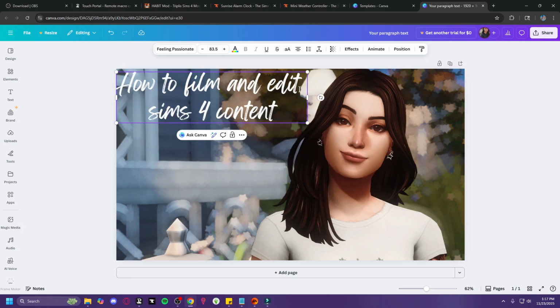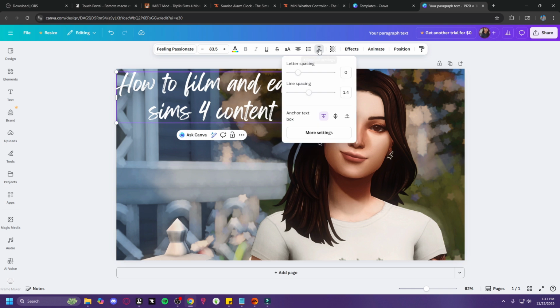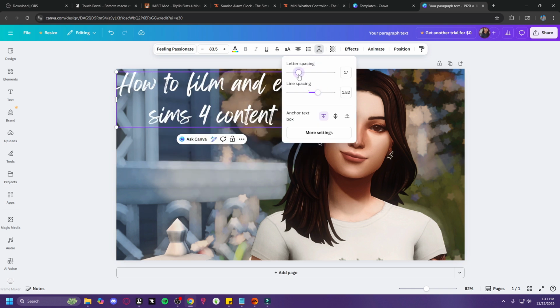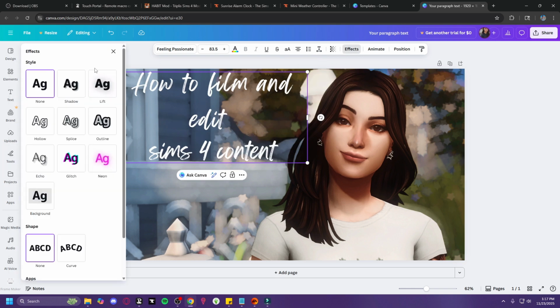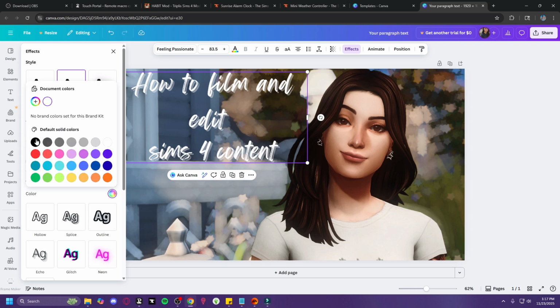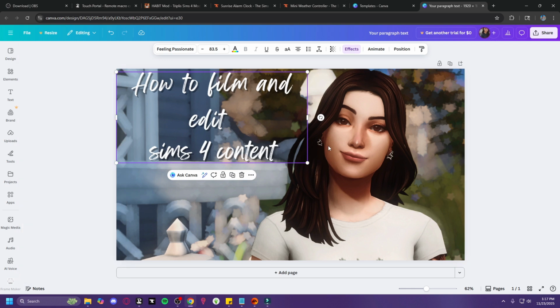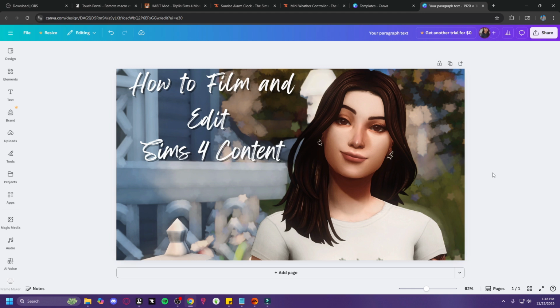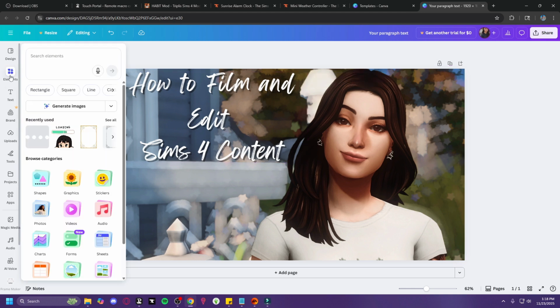And it's kind of like this cute, handwritten one. There I can put more spacing. Here you can adjust the letter spacing so it's a bit more legible. And then I go to the effects and I add a shadow. I do the offset and then I make the background black. So it kind of pops out and stands out here. And then I like to just realize things, film and edit Sims 4 content. And it's super easy. I'm probably going to export this though and add some extra elements, but on here